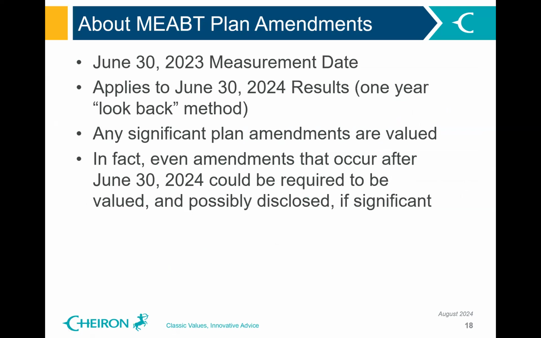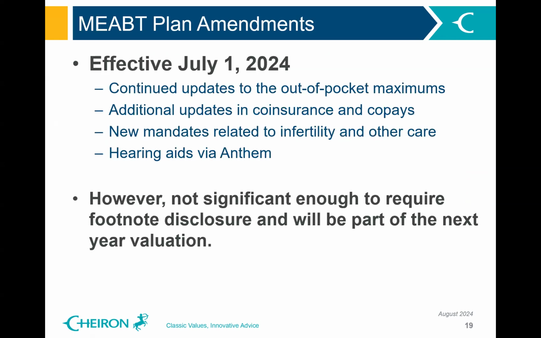The measurement date is June 30th, 2023, and that applies to our June 30th, 2024 results, called the one-year lookback. We have to factor in any significant plan amendments during the period of the valuation. And in fact, if there are amendments that occur after June 30th, 2024, they could be required to be valued and disclosed if they're material. So we checked that out, and we found that effective July 1, 2024, there were